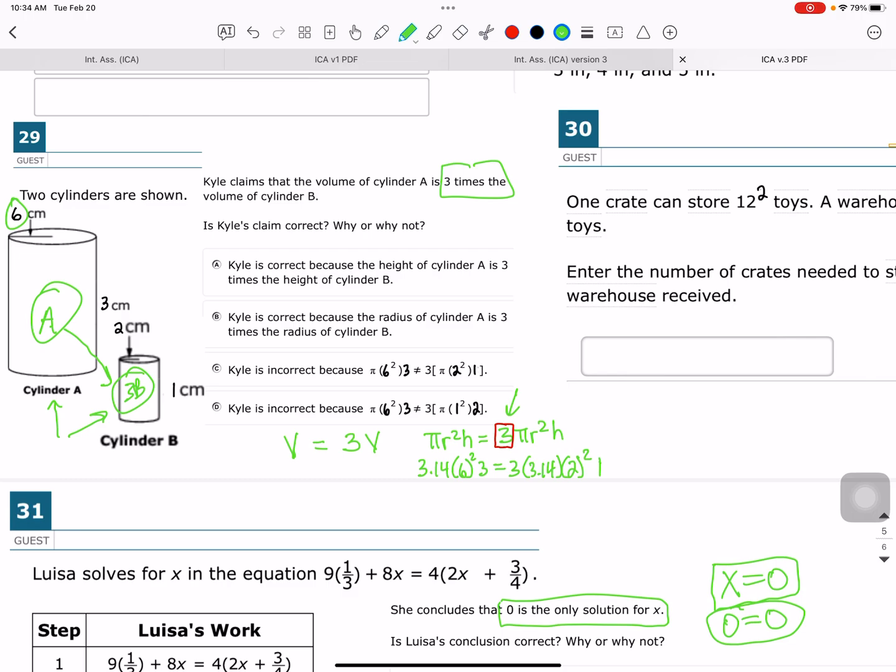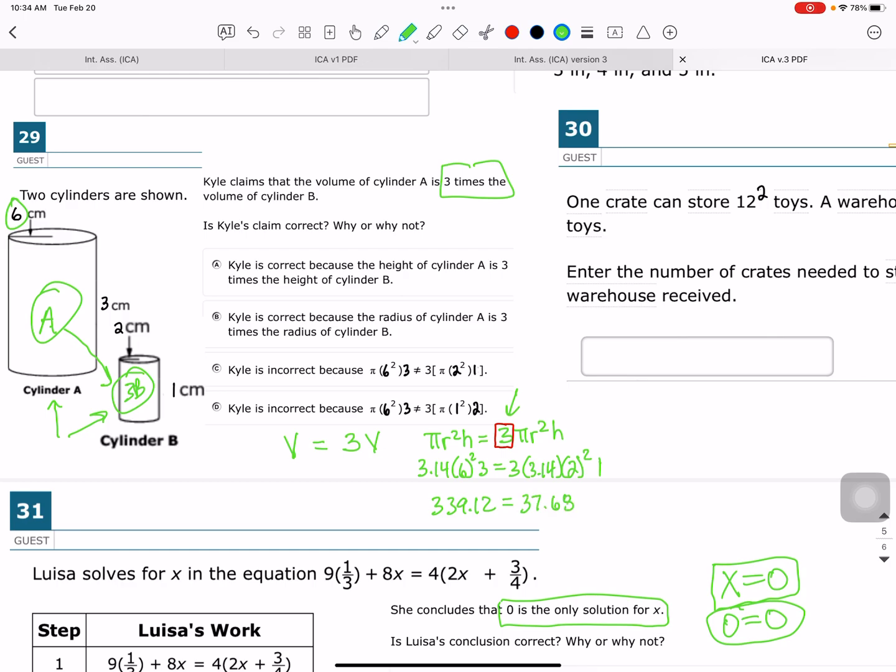Let's see, 3.14 times 6 times 6 times 3. I'm getting my calculator out. 3.14 times 6 times 6 times 3 is 339.12. This side is what's 3 times bigger, so 3 times 3.14 times 2 times 2 times 1 equals